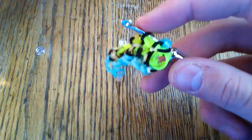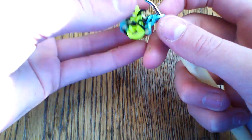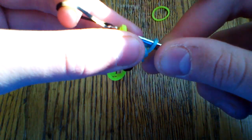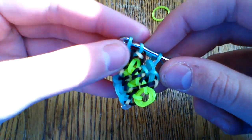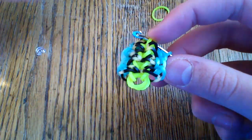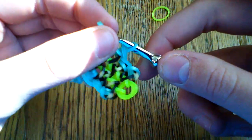grab your tarantula band, Caribbean green, and I'm not really going to explain this part very much because we just did it on the other side, so you should be pretty familiar with the pattern. Sometimes it's difficult to get the bands up and over. So I'm going to do this for the rest of my stitches, and obviously you will have to pause the video unless you are like a Speedy Gonzales